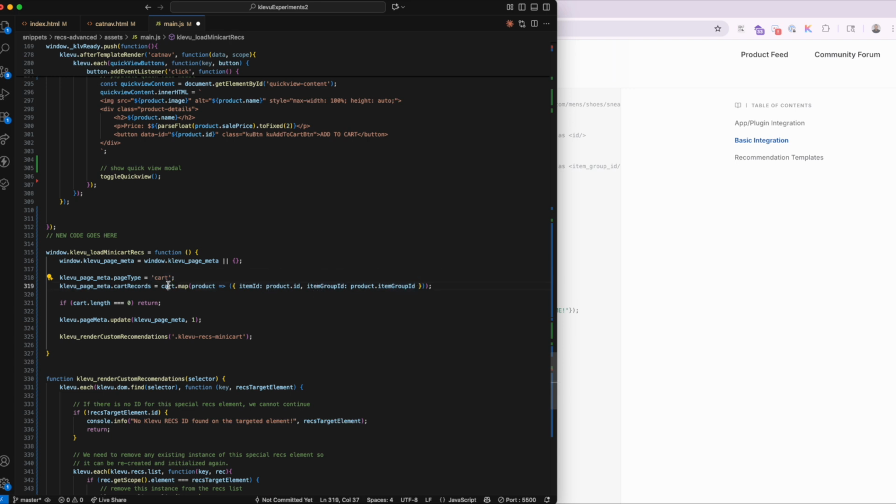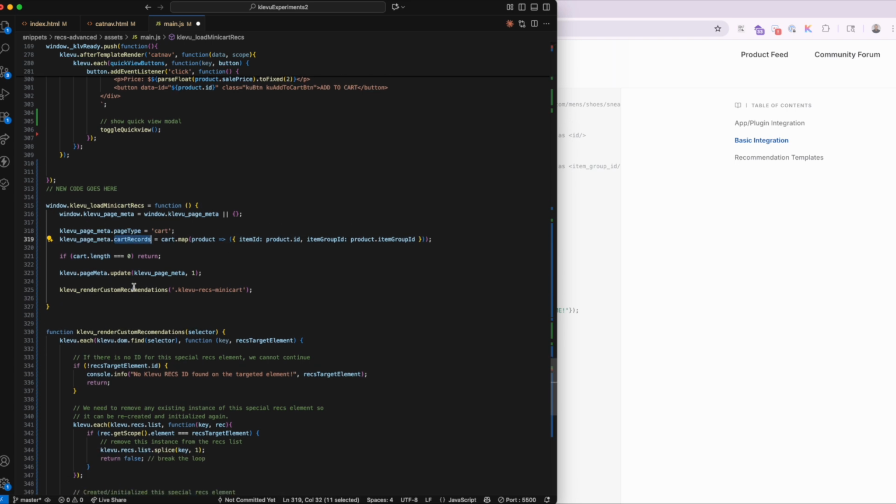So my cart records already have that data. I'm just mapping through them, and that becomes my cart records. Then I'm just checking to make sure that there at least is an item in my cart. So if there are no items, then there's no need to do anything else, and I can just stop right there. I could have actually done this earlier and just avoided making any changes at all. But